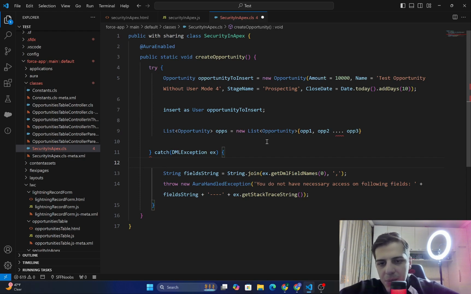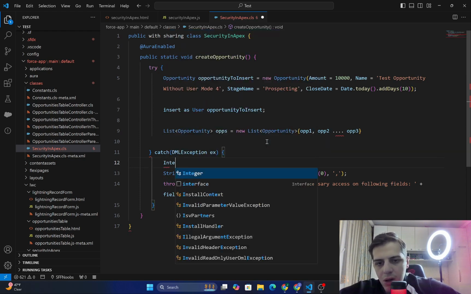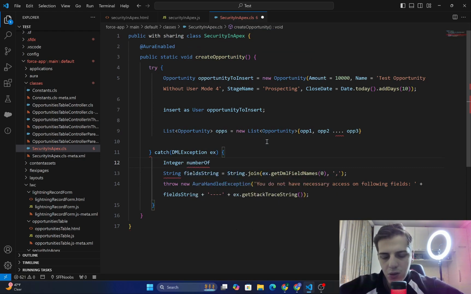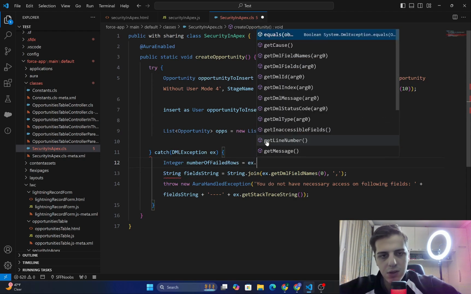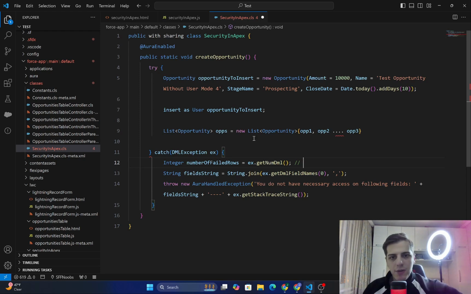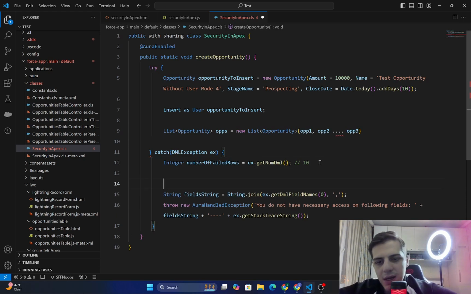You would get it by another method which will return an integer. So number of failed rows equals exception.getNumDml. This will return how many rows in total from the list you are trying to insert failed. So let's say 10 records of your list failed. Then you would write